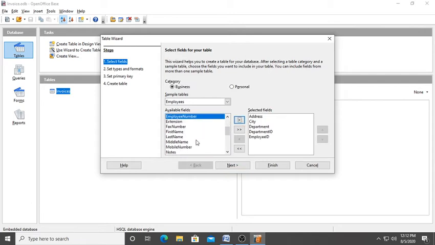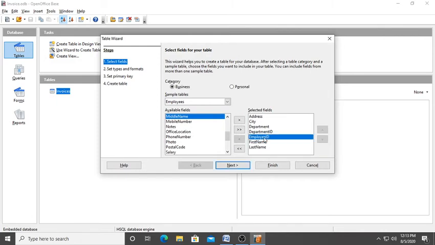Employee name, first name of the employee, we can choose, and we can choose last name also. So these are the fields we have chosen to create an employee table as per our specific need.